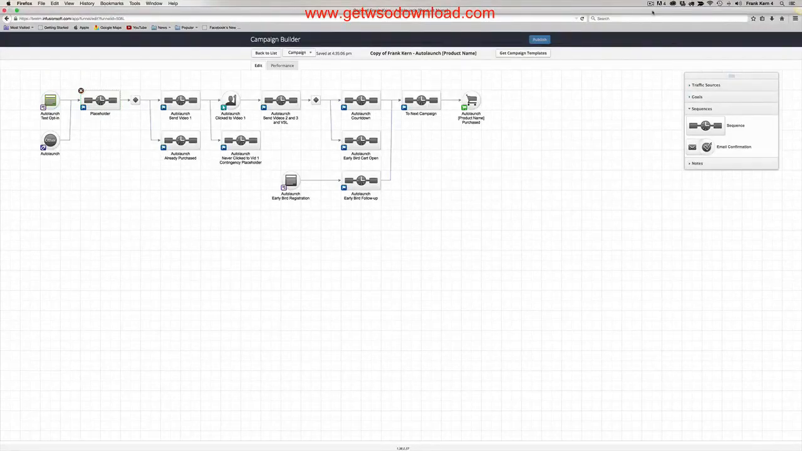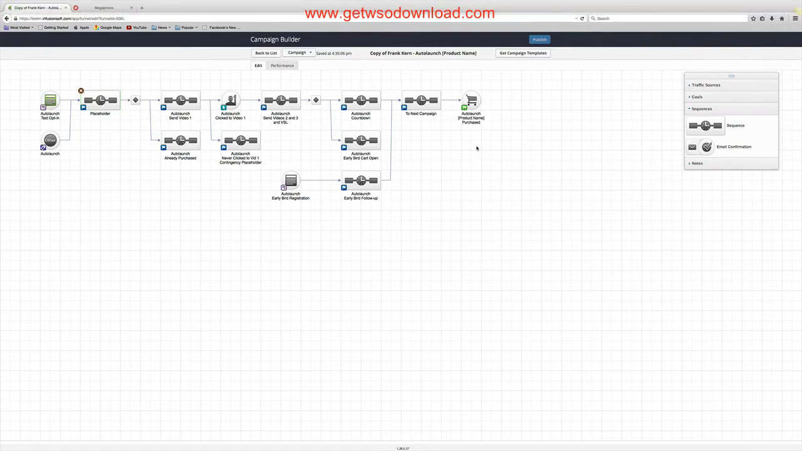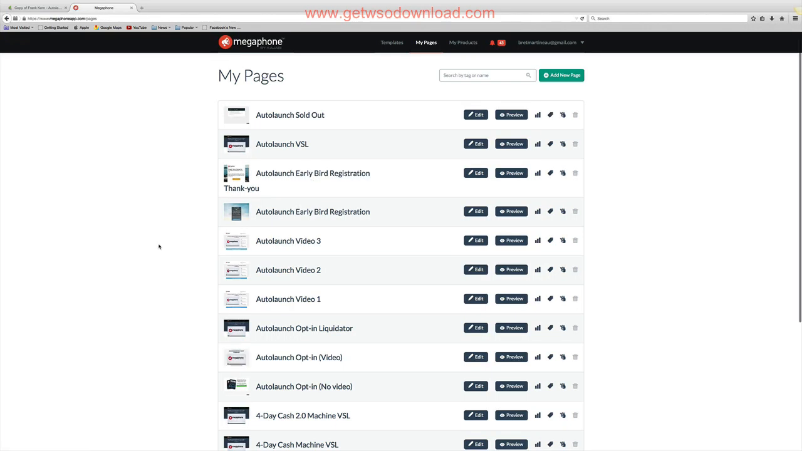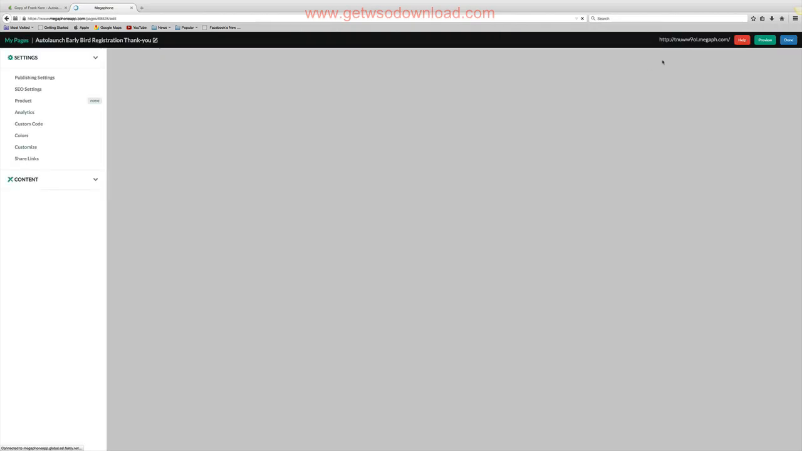We're going to be talking about the next form on this campaign, which is the Auto Launch Early Bird Registration form. We're going to do what we did before with the early bird opt-in form, and we're just going to connect the two together. Just like we did before, we need to get the thank you page of this form so that we can publish it and then make sure the pages are all connected. So the first thing we're going to do is go find the early bird registration thank you page. We're going to grab the URL of this,